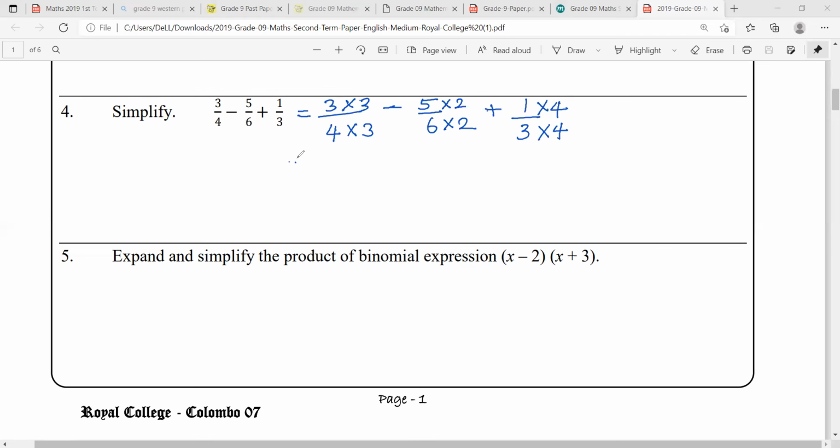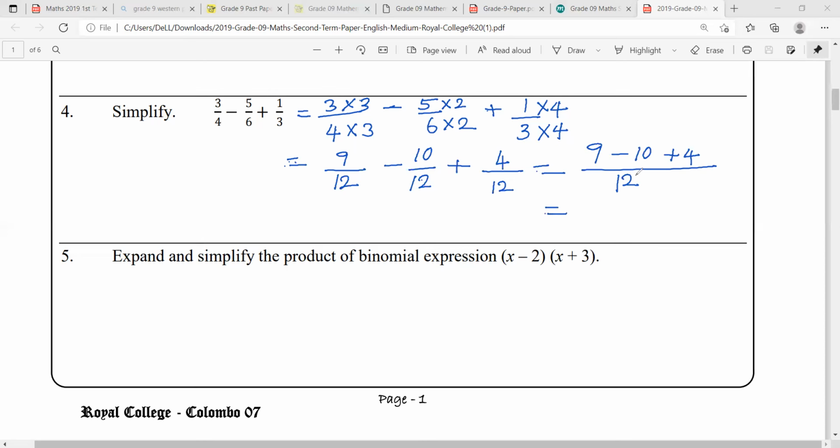Then you get 12. Here you get 12. You get 9 here, 9/12, and here 10/12, and here 4/12. Then you get a common denominator like this, 12. So you can get 12 here, 9 minus 10 plus 4, and this is 9 plus 4, it is 13,